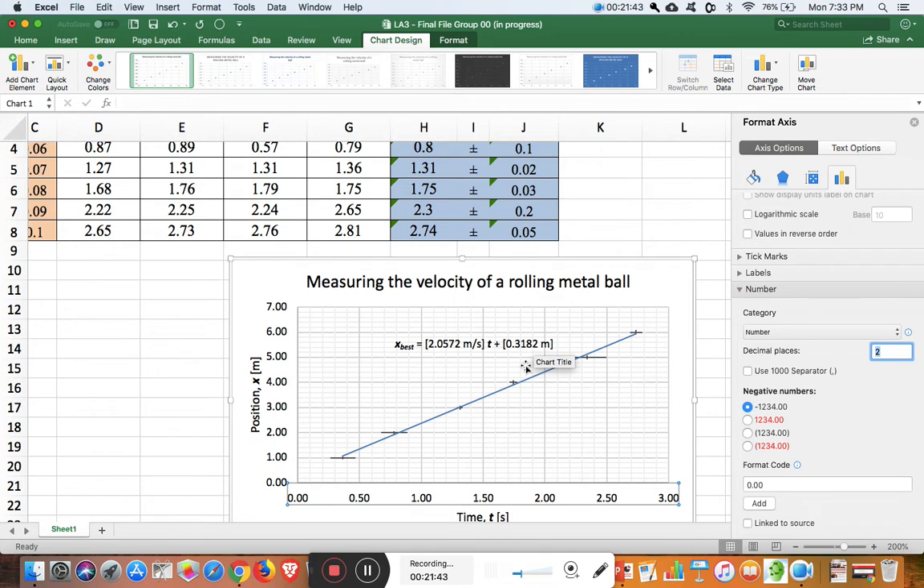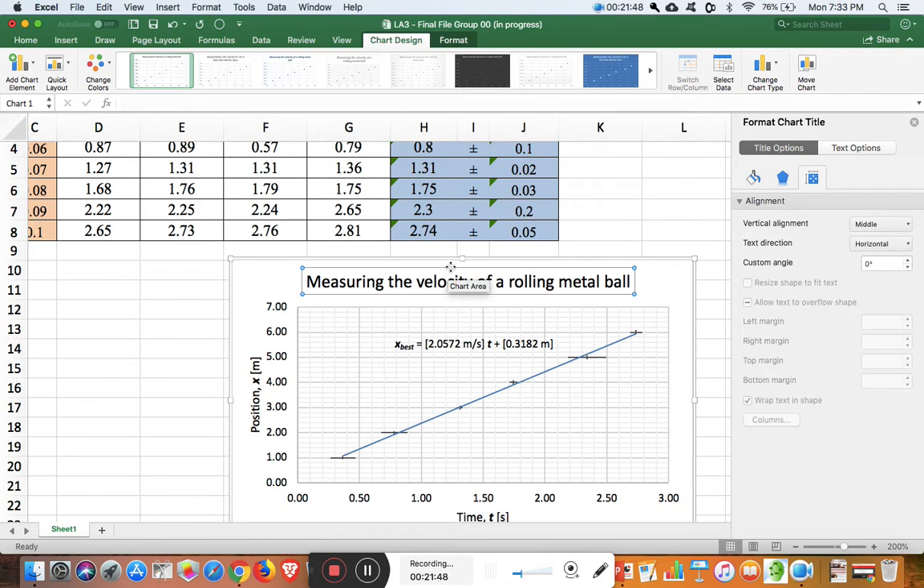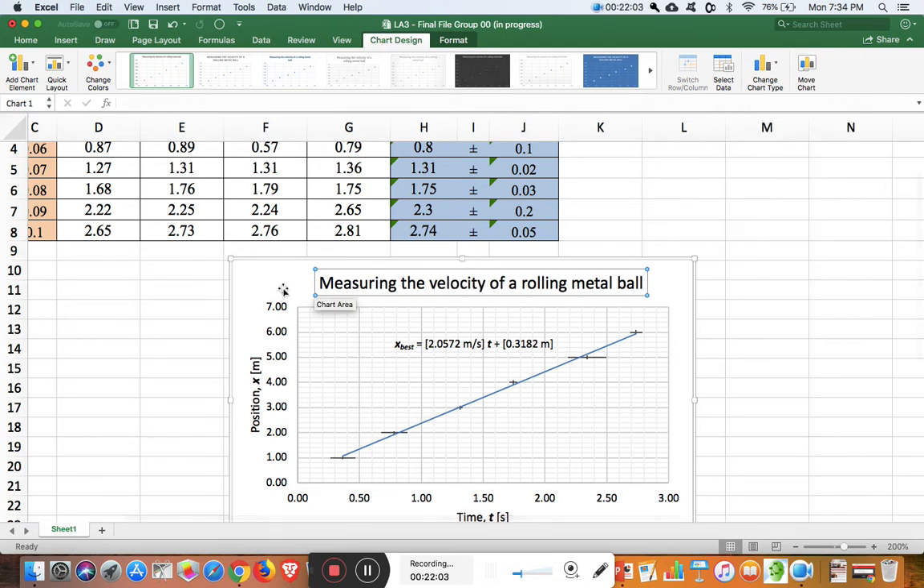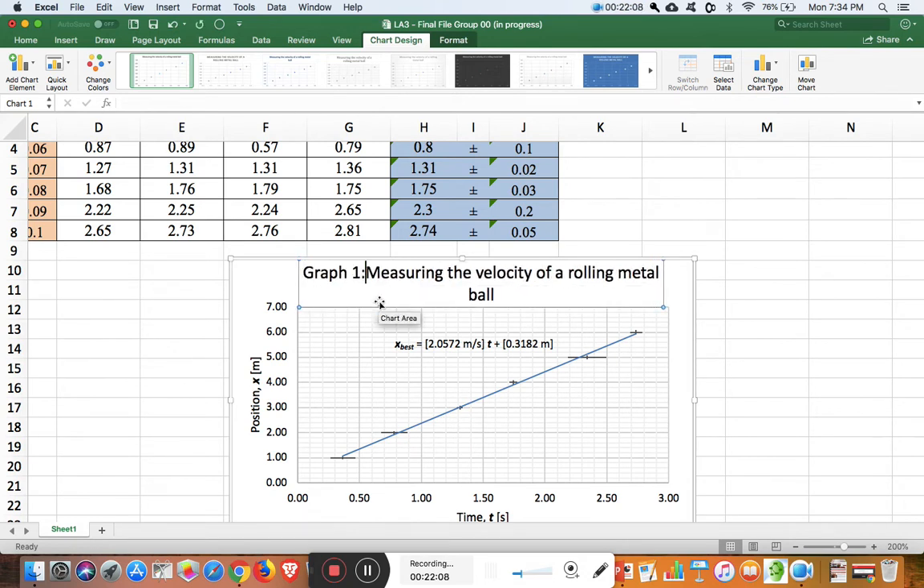So now let's take a look at the title. I don't want a title like position versus time. That's not something we really like, and we don't want variables in the title. What we want is something that describes the purpose of the experiment. And we also need to number the graph. So in this case, that would be graph 1, and the title, which I can adjust now, could be something like measuring the velocity of a rolling metal ball